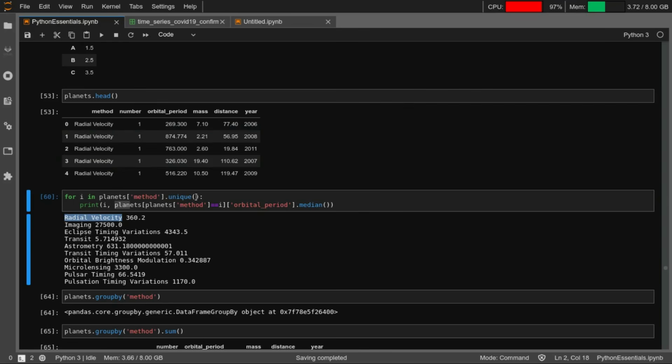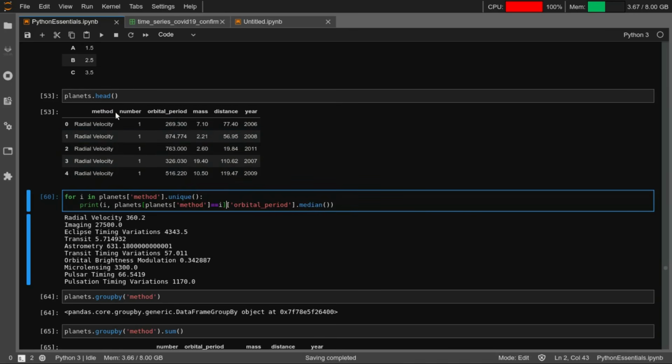So this planets method dot unique, when you call dot unique on the method column, it will pick up all the unique values in this column, right? And for each of those values, you find the median. You take all the rows which have that particular value in the method, take out the orbital period, and then calculate the median on top of it, right?